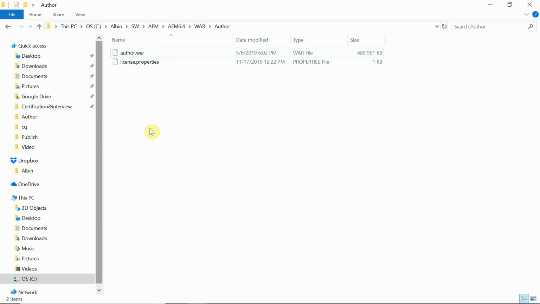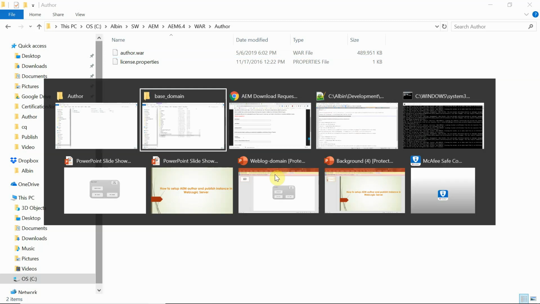Now we need to configure some of the items we discussed earlier. The sling.home: I want to install my CRX quickstart to a different folder, maybe under this author folder. And also the data store path. As I told you, the data store path always goes to a default location, user.home. It is not taking the sling.home. Because I want to install two instances on the same machine and the same WebLogic domain, obviously I need to customize that. So these are the two changes for the author server. Let us go and do that first.